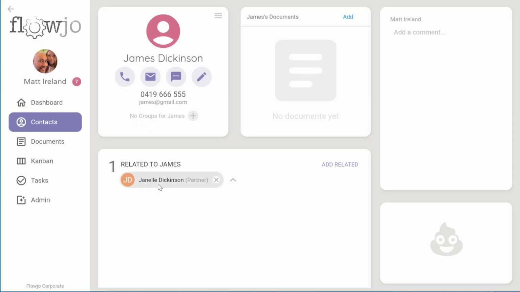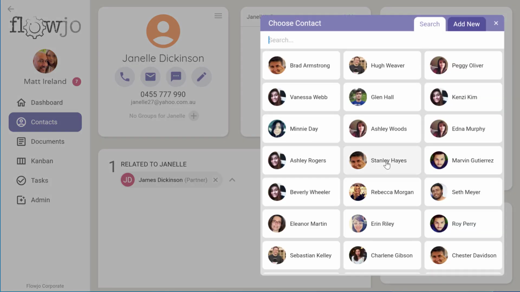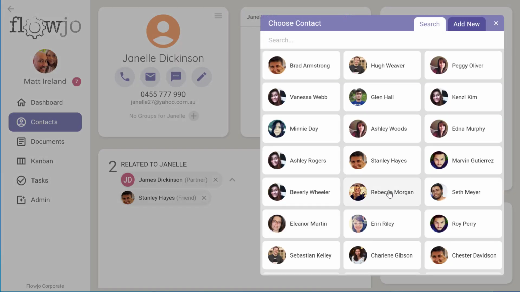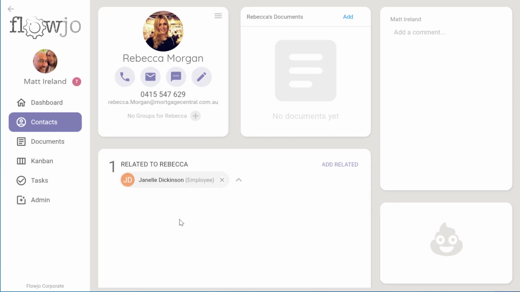So related to James is Janelle. If I click on to Janelle, you can see she has a relationship back. So that's inserted automatically, but I can also add other relationships as well. So I could say Janelle's got a friend, Stanley, and let's say an employer of Rebecca. And then if I look at Rebecca, you can see she's got an employee. So those main relationships are automatically linked to your